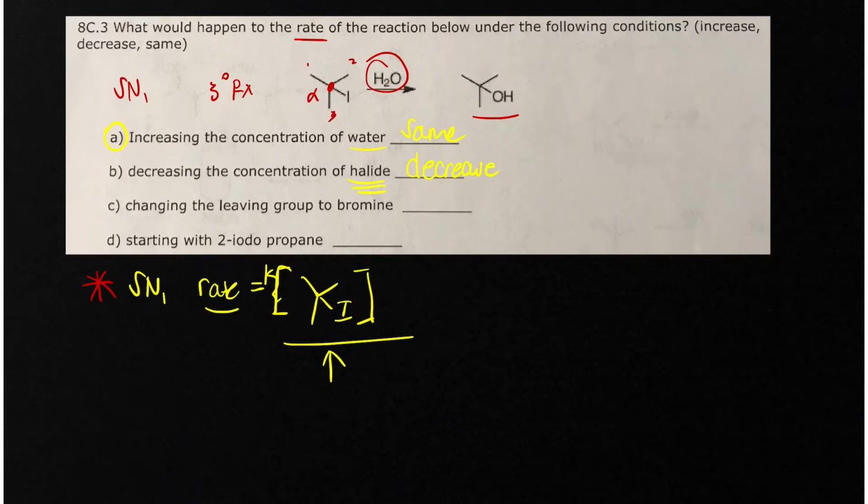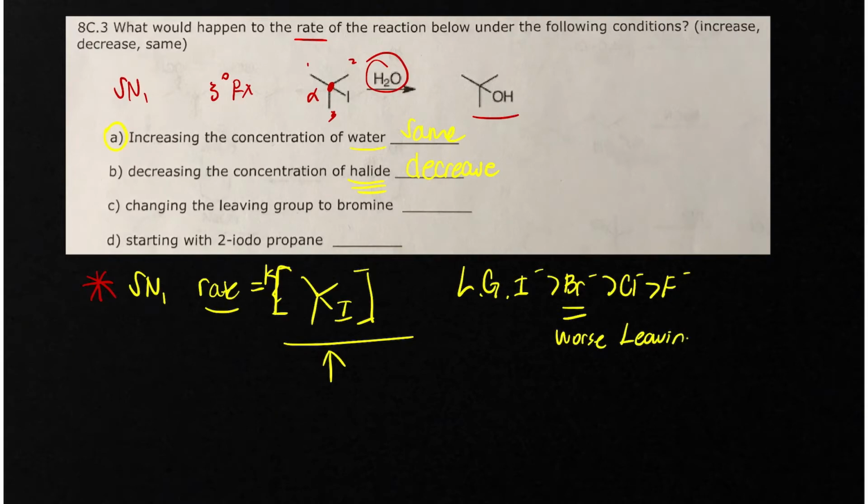What if we change the leaving group to a bromine? So remember, for your leaving group abilities, iodide is a better leaving group than bromide, is a better leaving group than chloride, is a better leaving group than fluoride. So bromide is a worse leaving group, and so this means that it's going to be a slower reaction, okay? So it's going to decrease the rate,